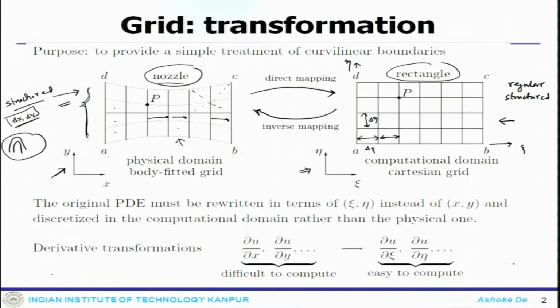This is one of the beauty of this mapping. Since you do not have the regular uniformity here, one can have a solver completely based on this kind of system, that is called unstructured solver. That will be one of our points of discussion as we go along with the course. But the other option is that I can still stick to a structured system. In that case, since there is a non-uniformity in the physical problem, I will map that. And once I map it to this rectangular system, the mapped system looks completely uniform and very nicely situated.